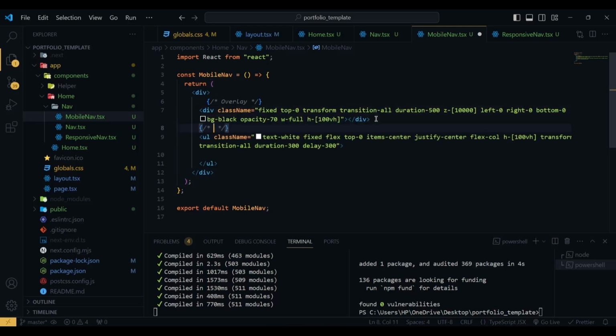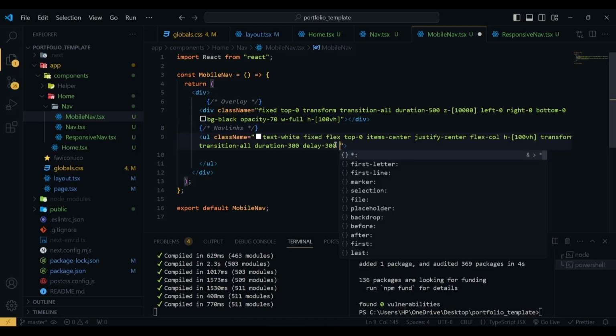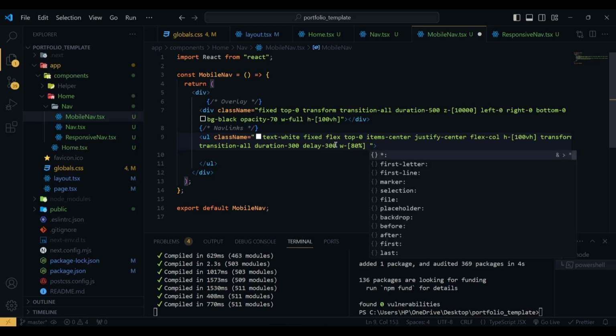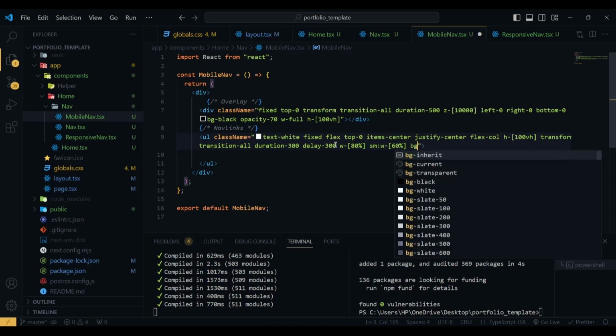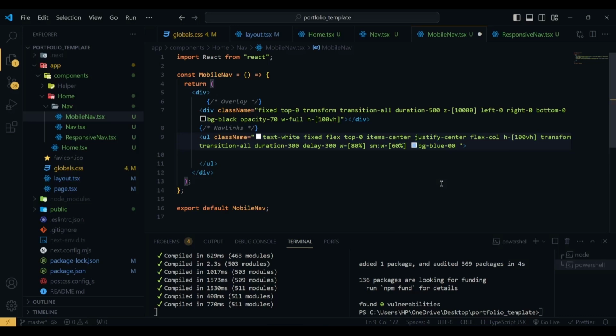So here I can give a comment of nav links, then the delay, then the width will be 80%, and in the small devices the width will be 60%, and background will be BG blue 300, not 300, it will be 500,